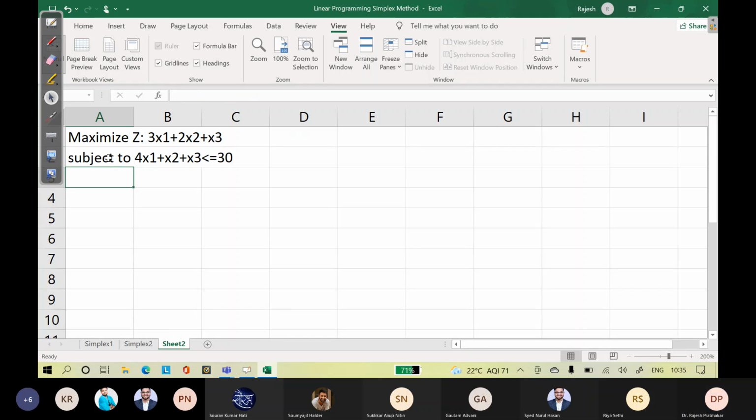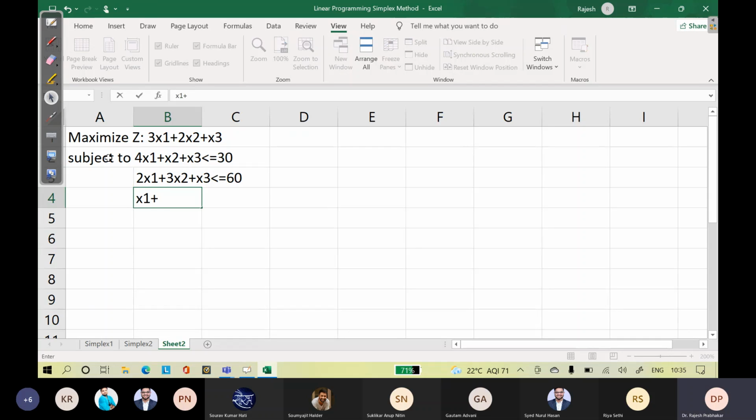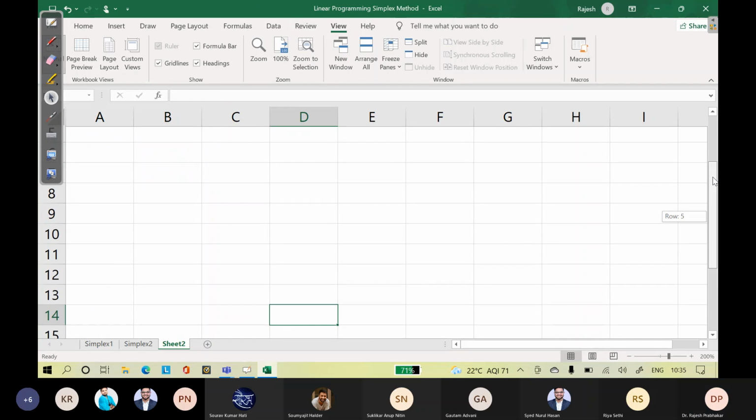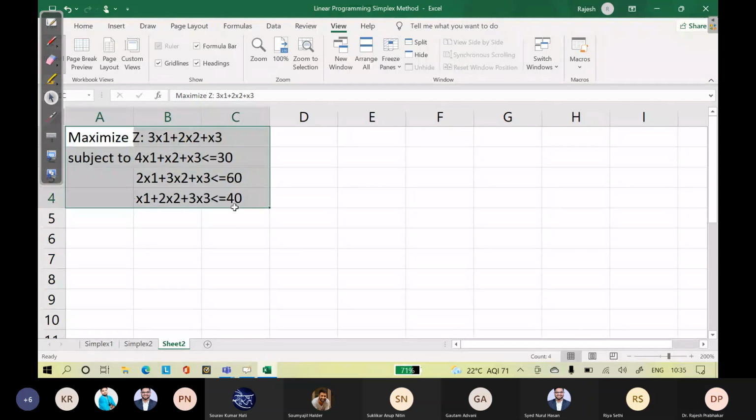Then 2x1 plus 3x2 plus x3 less than equal to 60. Then x1 plus 2x2 plus 3x3 less than equal to 40. So this is the problem.